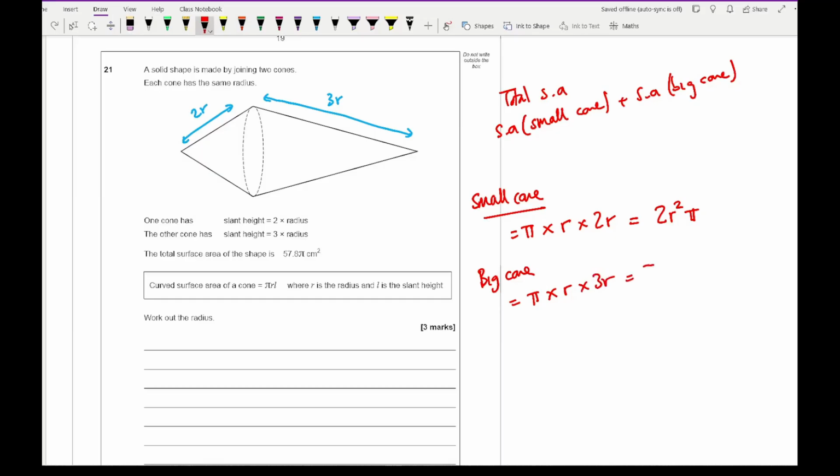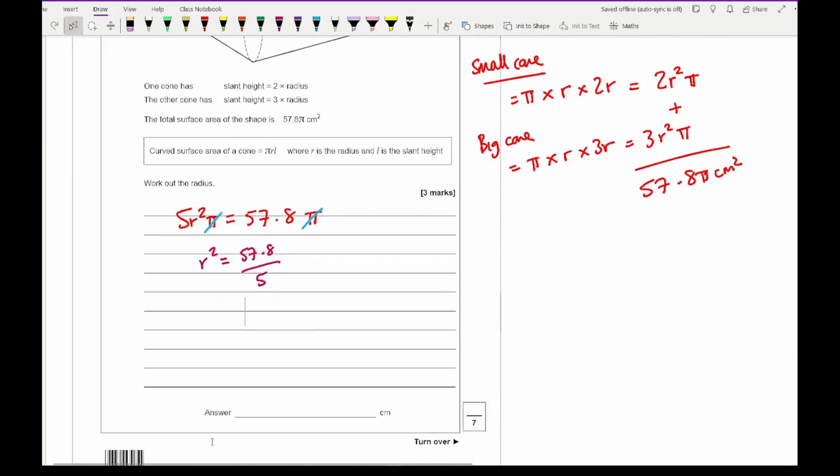3r, which gives me 3r squared pi. Now if I add those two things together, that should come up to 57.8 pi centimeter squared. So looking at the space here, I've got 5r squared pi equals 57.8 pi. And then I want to find out what r is, so I can first of all cancel out the pi's. Then I've got that r squared is going to equal 57.8 divided by 5, and so therefore r